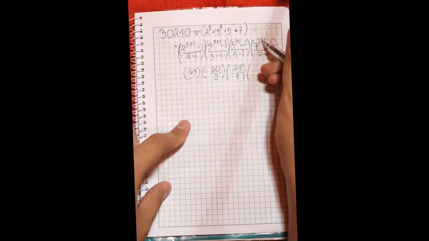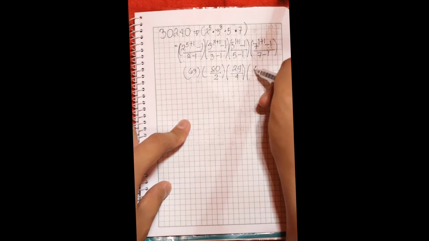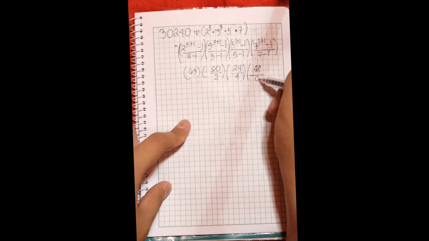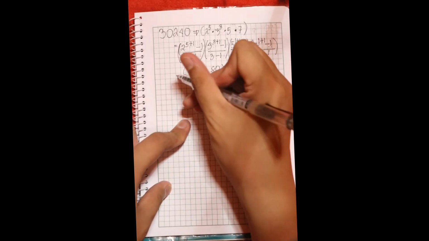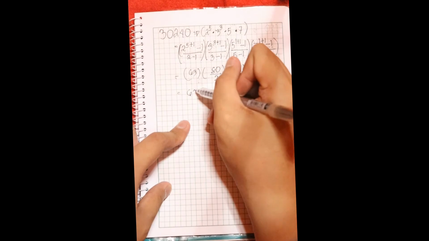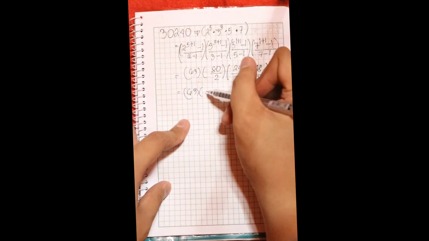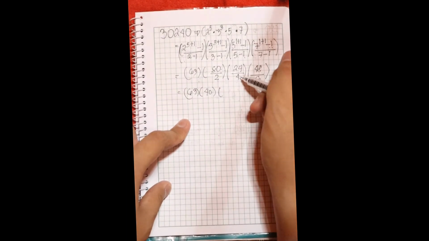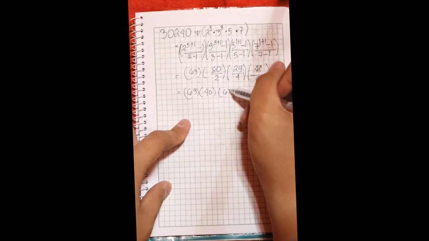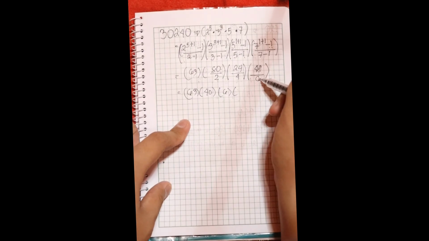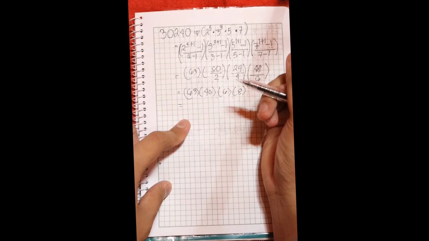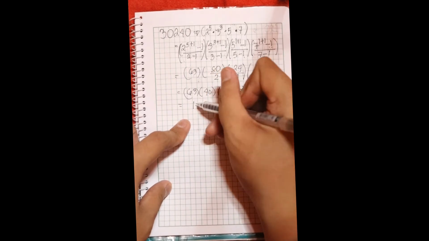Next, 7 squared is 49 minus 1 is 48, all over 7 minus 1 is 6. Now we have 63 times 40, because 80 divided by 2, times 24 divided by 4 is 6, times 48 divided by 6 is 8. Now, the product of these four numbers is